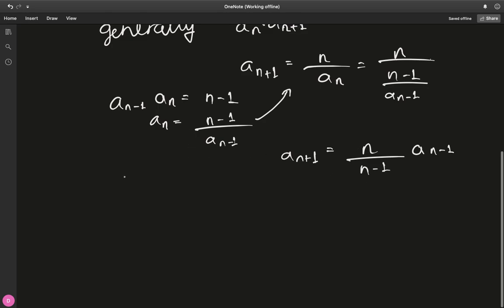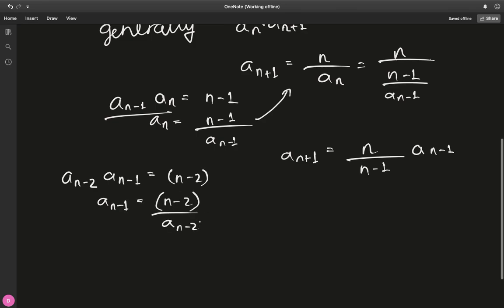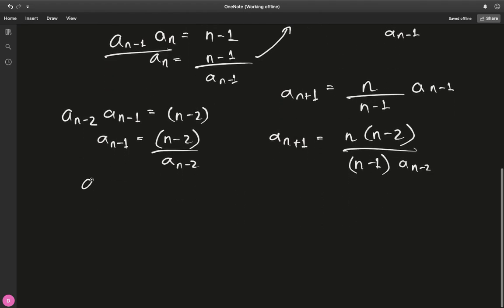We can do a similar thing like we did for a sub n for a sub n minus 1. So notice that a sub n minus 2 times a sub n minus 1 should be equal to n minus 2 by our condition. So a sub n minus 1 is equal to n minus 2 divided by a sub n minus 2. We can substitute that in, so we have a sub n plus 1 is equal to n times n minus 2 divided by n minus 1, and in the denominator a sub n minus 2, and we can keep doing this for a sub n minus k, where k is an integer. We can keep doing this,